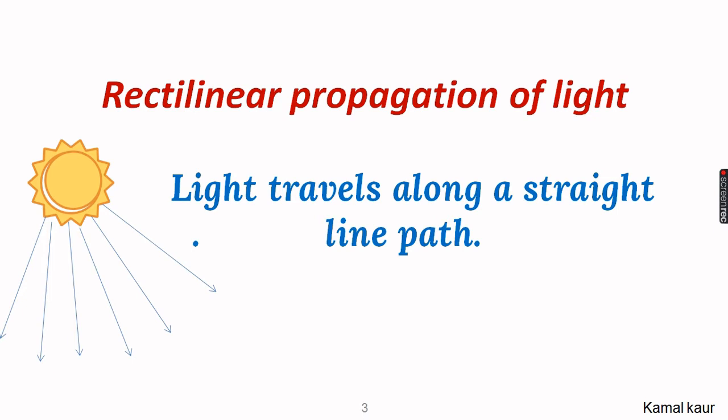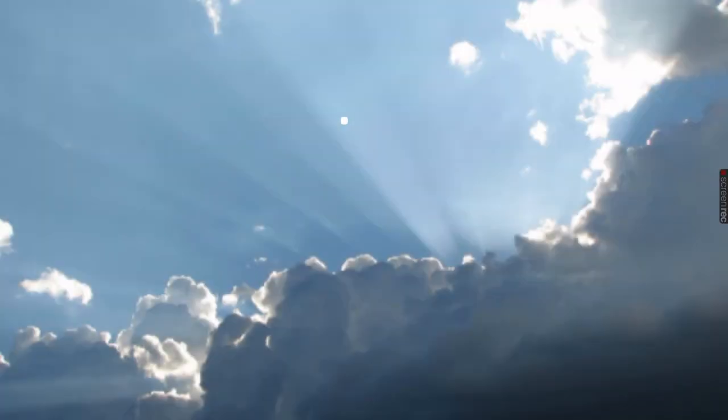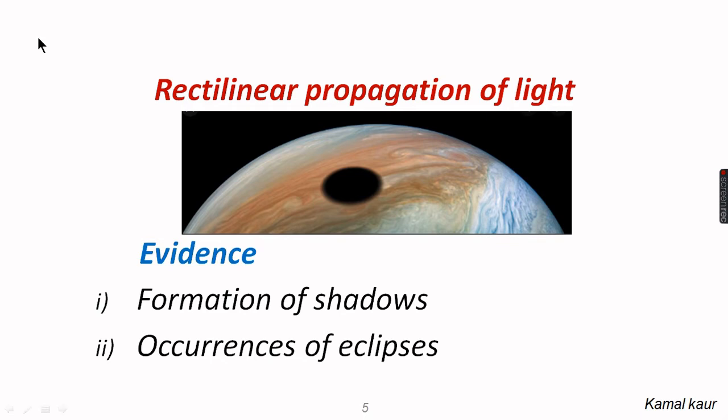Light always travels along a straight line path, which is called rectilinear propagation of light. Normally we cannot see this straight line path, but sometimes due to the Tyndall effect we can see the straight rays of sun coming from behind the clouds. Even though we cannot mostly see the rays of sun, we still have evidence for the rectilinear propagation of light, and these are the formation of shadows and the occurrence of eclipses, which are only possible if light travels along a